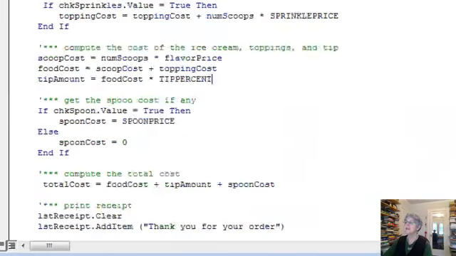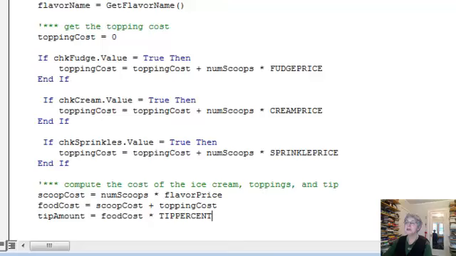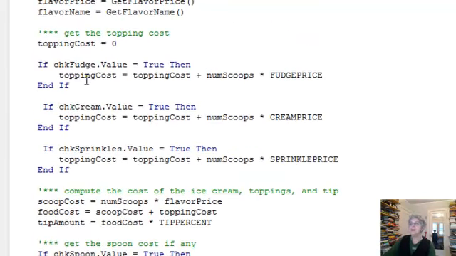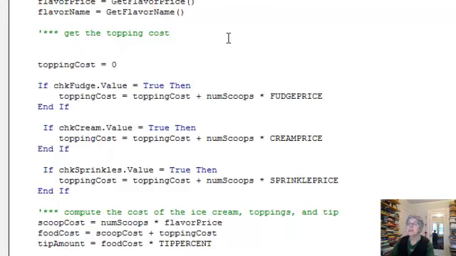So now we're ready for the next step, and if we look at our code here, the next thing that pops out at you is this business of finding the topping cost. That looks like something we could easily encapsulate and make into a procedure. So we're going to go ahead and do that. As usual, I'm going to start by putting in the code that uses the procedure call, and then I'll write the procedure. So I'm going to say topping cost equals, and I'll call it get